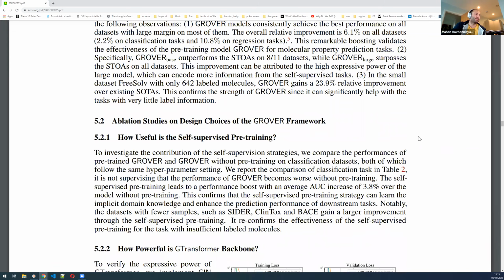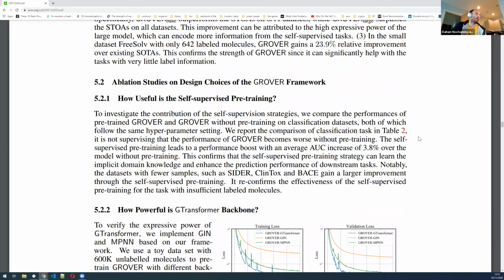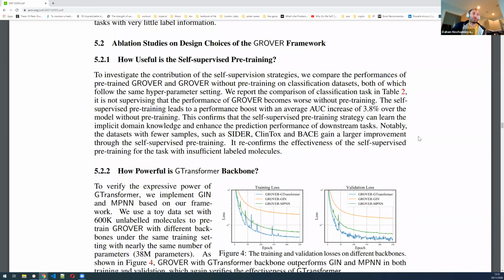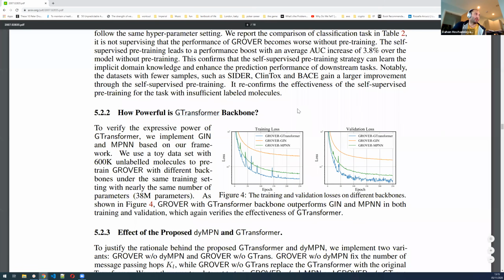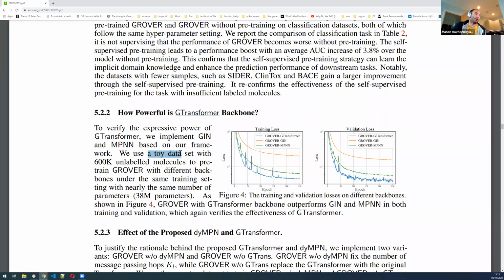Should we talk about ablation studies? Here we want to find out how much each component of our algorithm contributes to the learning. The first one is: is the transformer actually doing a lot? To study that, they run on toy data, I assume just to save resources, but maybe there are other reasons which they don't mention here. Anyway, on a toy data set, they study the training curves and the validation curves